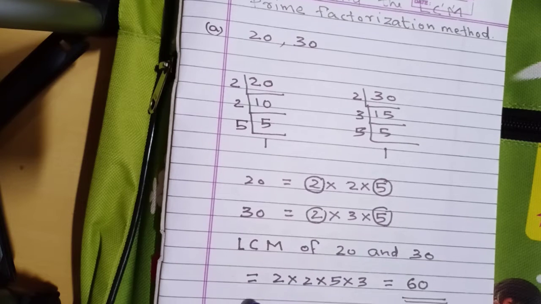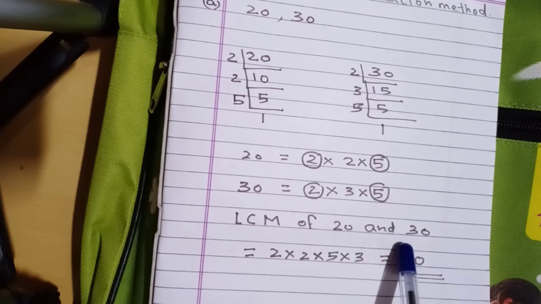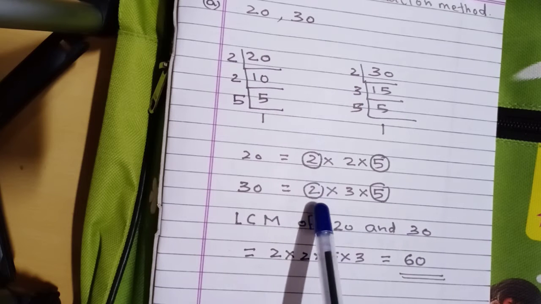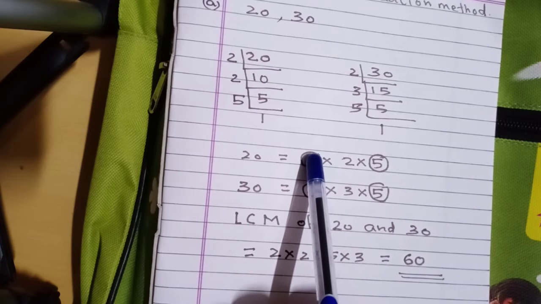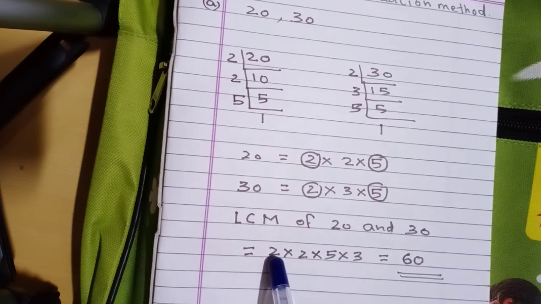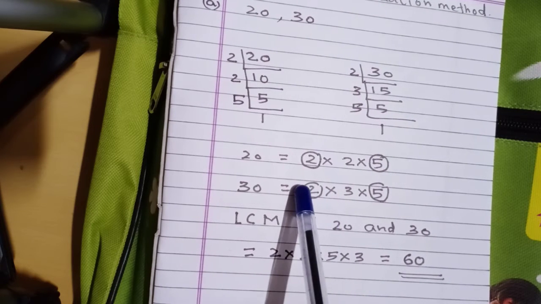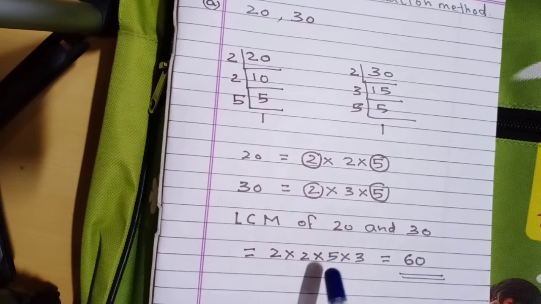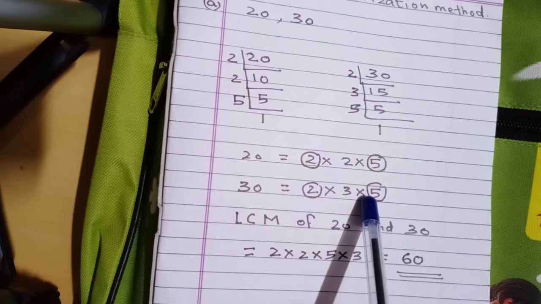इसके बाद में क्या करना है? We want to find out the LCM. How to find out the LCM? LCM of 20 and 30. ये राउंड का कॉमन मल्टीपल्स, क्या करना चाहिए? कॉमन मल्टीपल्स एक बार लिखना चाहिए. Look at here, 2 into 2 into 5. नीचे वाला 2 नहीं लिखता है. इसके बाद में क्या है? 3 लिखा है. इसके बाद में 5 नहीं लिखना है, एक बार लिखना चाहिए.